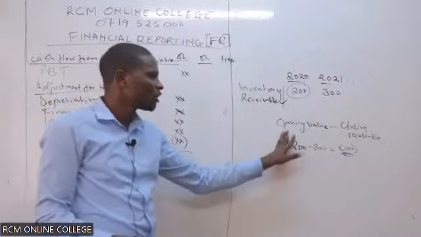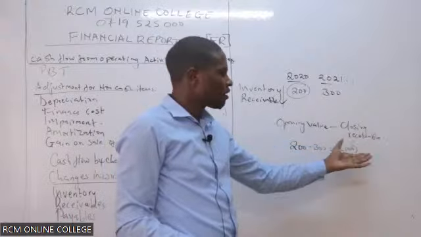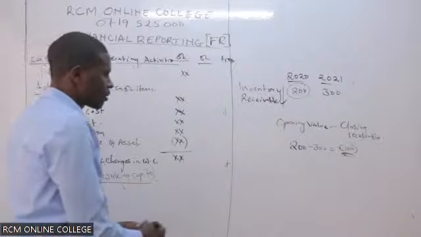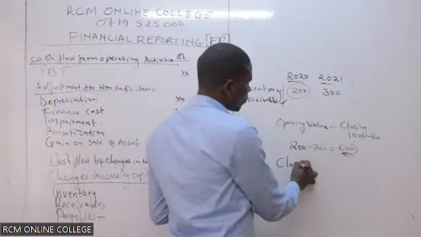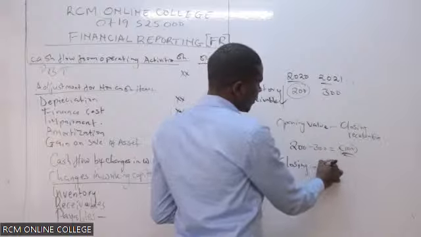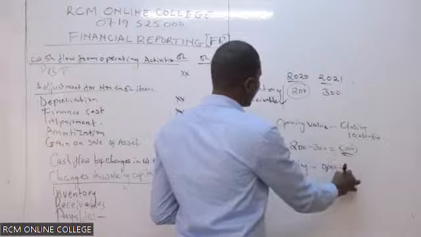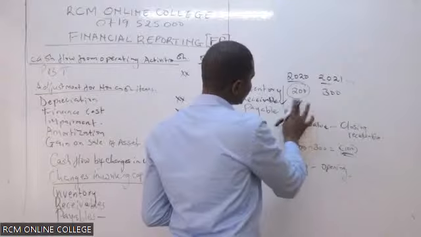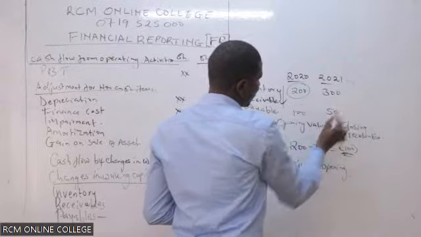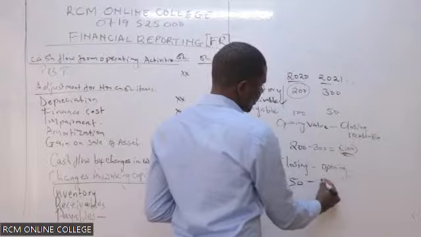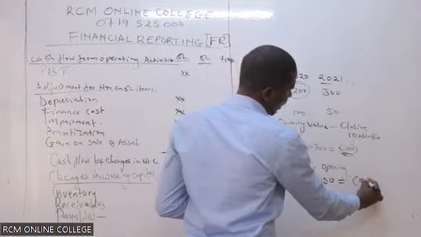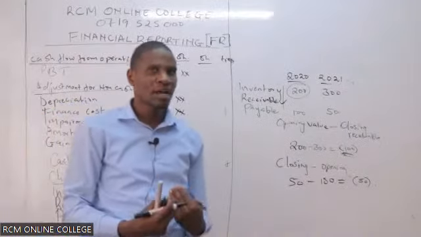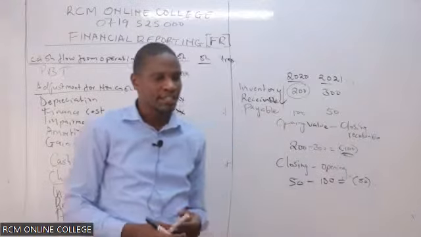So just use this formula: opening value minus closing value. The vice versa happened to the payable. You shall be taking the closing minus opening. Therefore, if we had payable here, and this is 100, and this is 50, I'll just take closing, which is 50 minus 100. I don't have to think, and this is minus 50. That means there was an outflow from the company. That means the company paid for that.